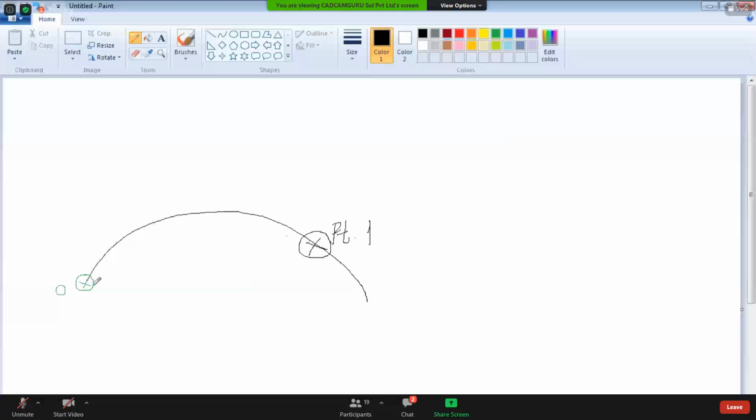Generally, how we check the distance, you directly take this dimension. And this dimension is, let's say, 80 mm.